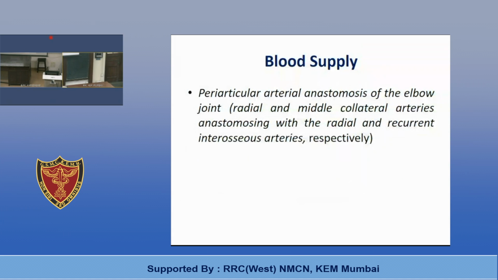So the proximal and distal radio-ulnar joints will get branches from the radial and ulnar arteries. The superior radio-ulnar joint is in proximity with the elbow joint. There is one arterial circle surrounding this elbow joint. What is the name of this arterial circle? Elbow anastomosis, which is formed by branches of various arteries coming from above, brachial artery and profunda brachii, and below, radial and ulnar arteries. So it supplies the superior radio-ulnar joint, and the inferior radio-ulnar joint will be supplied by branches from the radial and ulnar arteries because they are continuing below, radial artery on the radial side and ulnar artery on the ulnar side of the forearm.